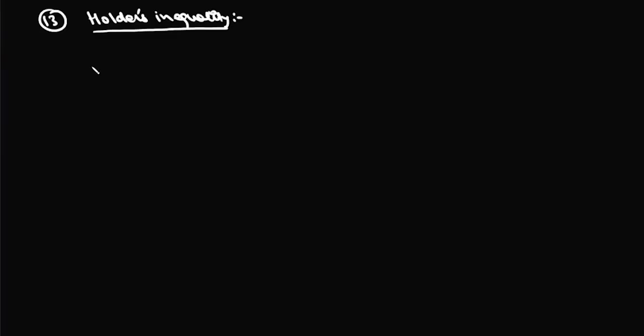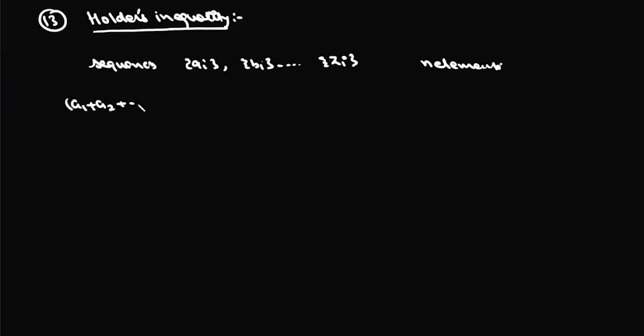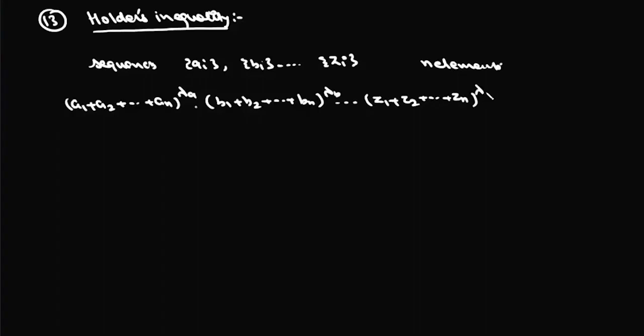Now Holder's inequality says if we have sequences a_i, b_i up to z_i, each containing n elements, then this inequality: (a1 + a2 + ... + an) to the power lambda a into (b1 + b2 + ... + bn) to the power lambda b up to (z1 + z2 + ... + zn) to the power lambda z will always be greater than or equal to